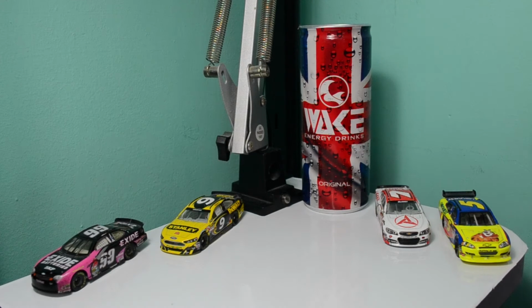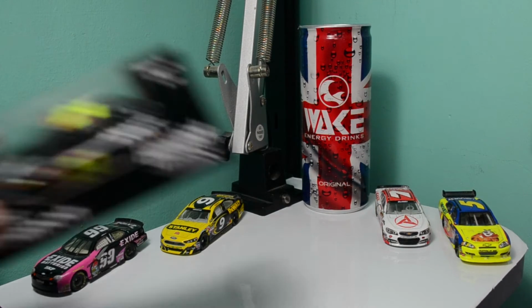Hello ladies and gentlemen, and welcome to Diecast Review Monday here on Team Motorsports from the new Diecast Review Zone! Well, it's actually a shelf on my desk with a little bit of white vinyl on it, but never mind! It is the new area where all the Diecast reviews are going to be filmed for Team Motorsports for the foreseeable future. And the first car up for review on it is...